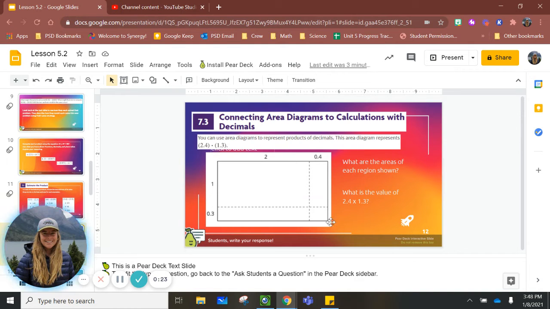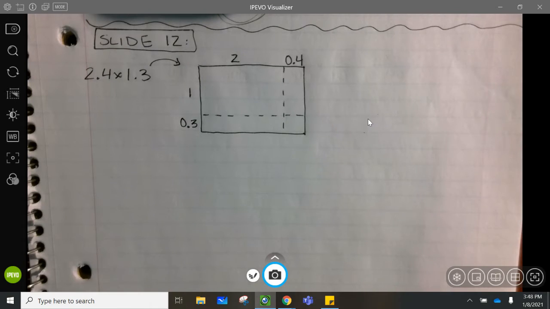And they've drawn a rectangle, and the reason it's called an area model is we're going to use this space as though we're finding the area of each of these 4 rectangles and then add them all together. So I really suggest drawing this in your notebook, and I already have. And we're going to take each of these rectangles one at a time. The first one that I'll start with